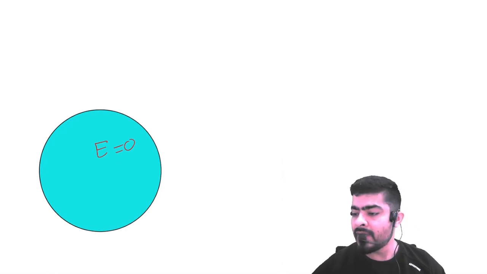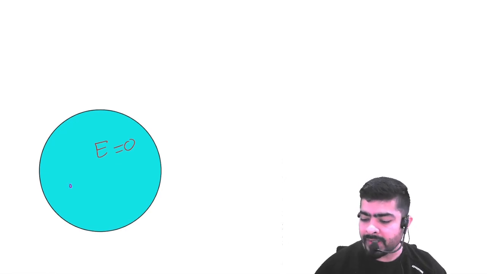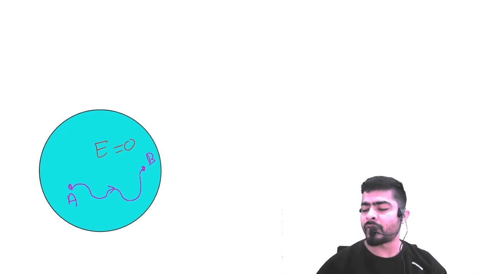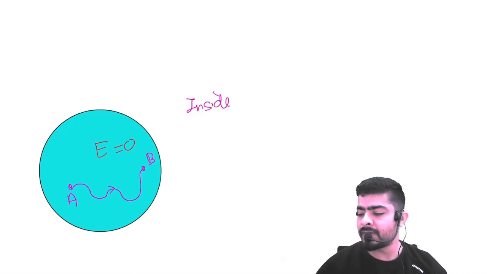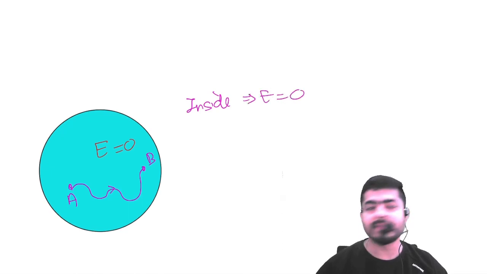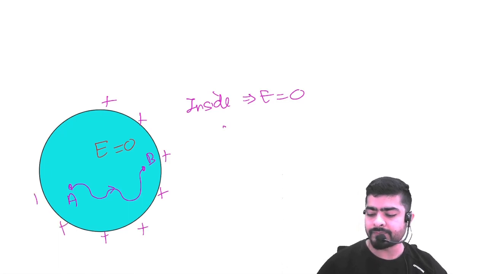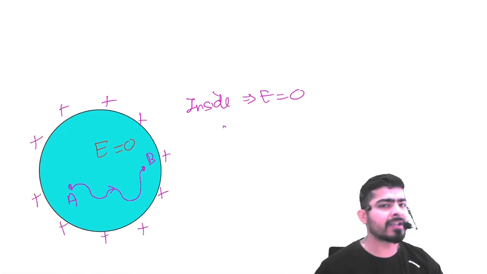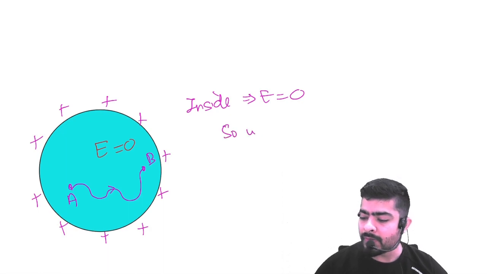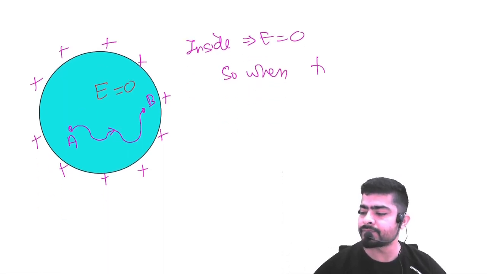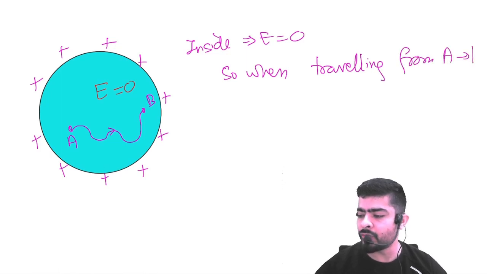So if this is your conductor, inside the conductor, electric field is zero, right? So suppose I travel from point A to point B, inside E equal to 0. Even if there is some charge on the outside, we don't care. Inside the electric field is 0, right? So when traveling from A to B,